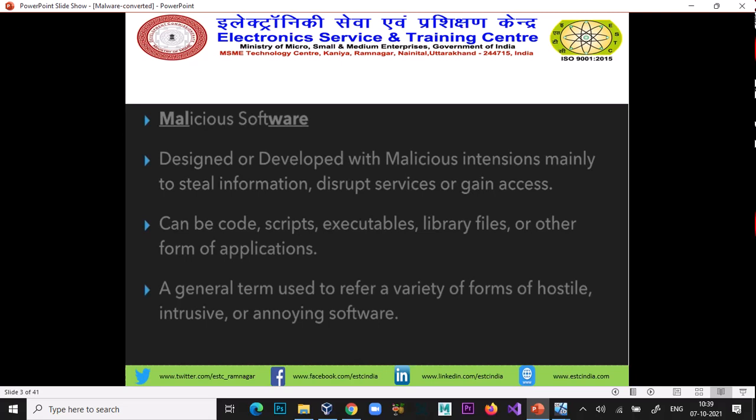Malware can be code, scripts, executables, library files, or other forms of applications. So it is not necessary that malware comes in the exe form. It can be any type of code, any kind of script which runs in your browser, any executable, any library file which you install in your code, or other forms of applications.